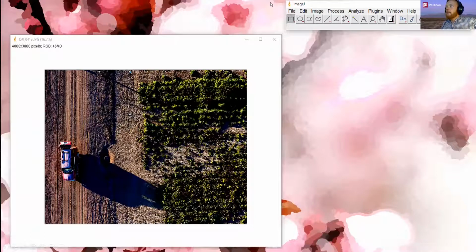I completely forgot to bring out a color calibration tarp. So we're going to have to use something that is white and black in the field and is perpendicular to the sun, doesn't have too much of a highlight, too much of a low light. And what that actually turns out to be are the ground control points that I set out earlier. So if we zoom in on the ground control point,